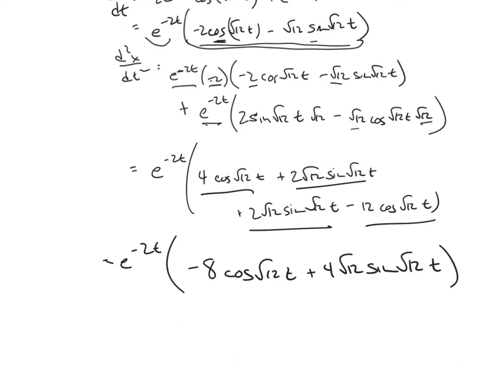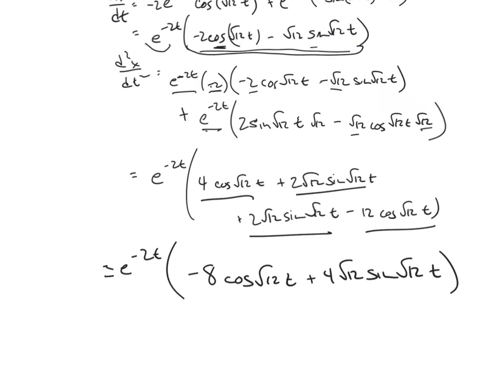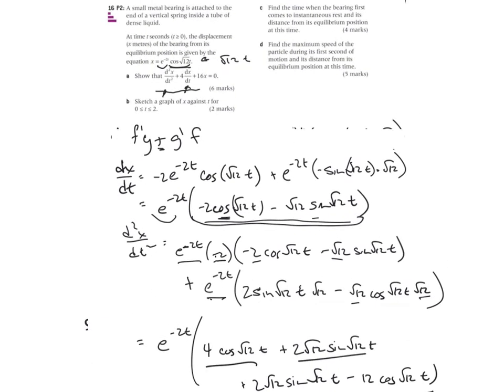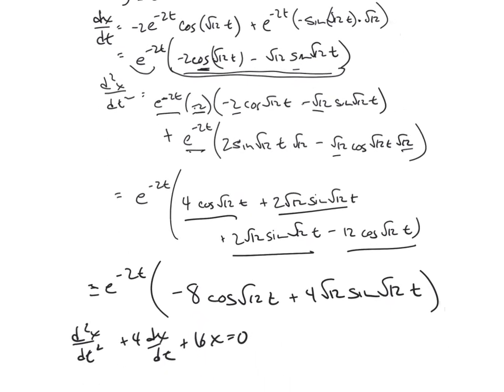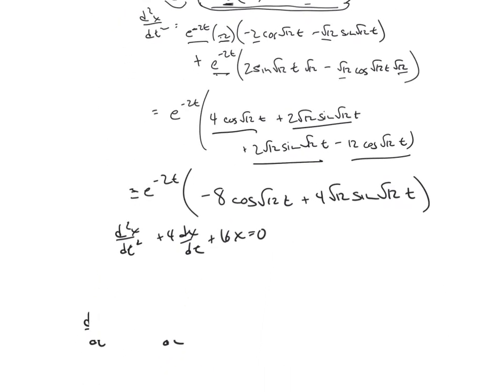So the next step that we have to do, we have to go to the scenario that says d squared x over dt squared plus 4 dx dt plus 16x is 0, if I've remembered that correctly. And then I just have to take these values and plug them in. So the first one's going to be e to the minus 2t times minus 8 cosine root 12t plus 4 root 12 sine root 12t